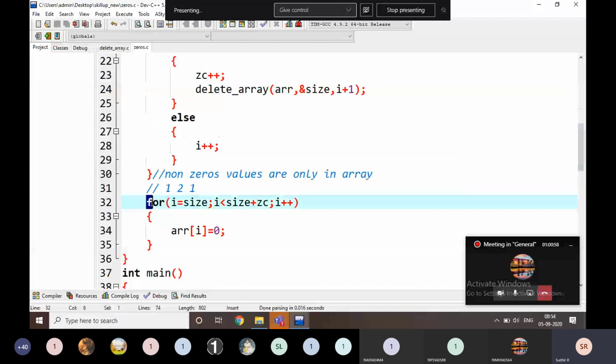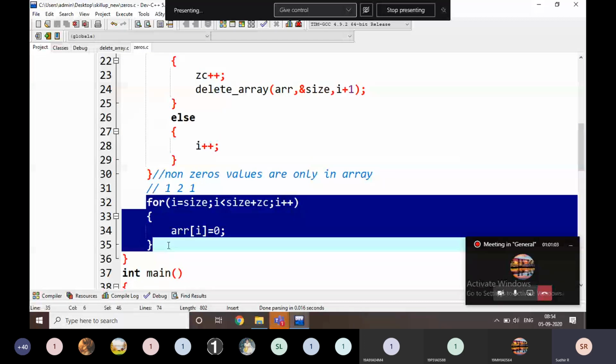Then note down this part, it is a small part. Okay, then the delete array function is the same as in the previous one.